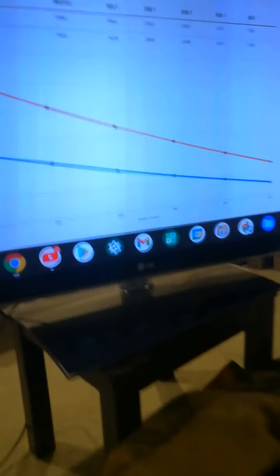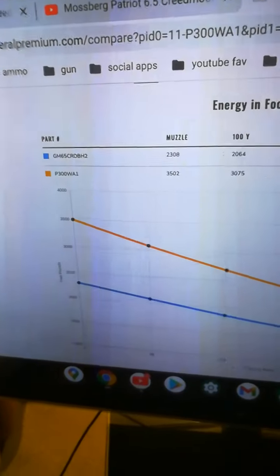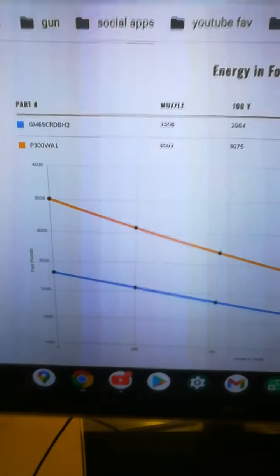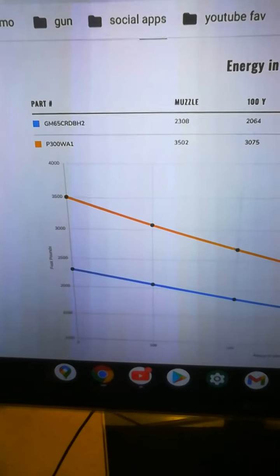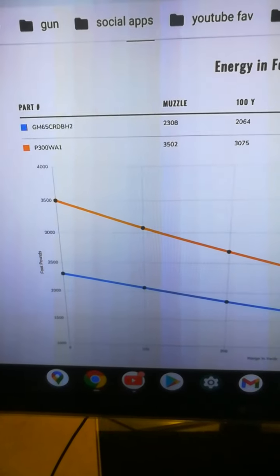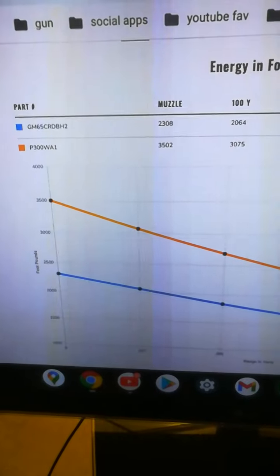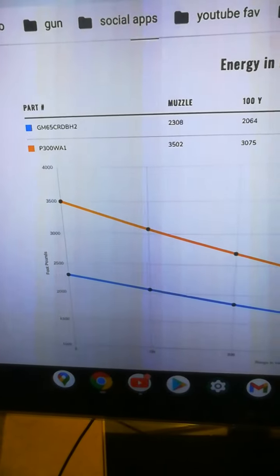Okay, guys, I was checking on a chart today. 300 Winchester Magnum, 180 grain, compared to a 6.5 Creedmoor, 140 grain. What I did is I took some of the highest ballistic coefficients for each caliber. What you'll notice is the orange line there, that's the 300 Winchester Magnum, and the blue line is a 6.5 Creedmoor. The 6.5 Creedmoor is a very, very high ballistic coefficient cartridge, which means that even though it's a